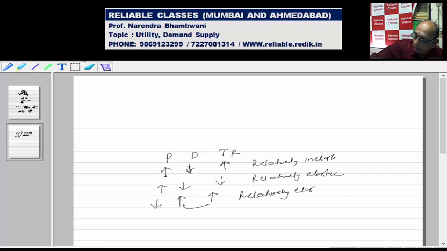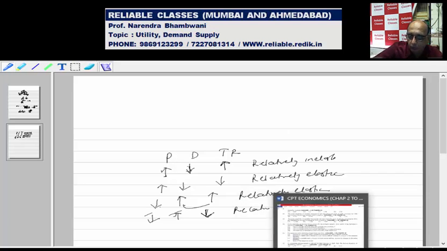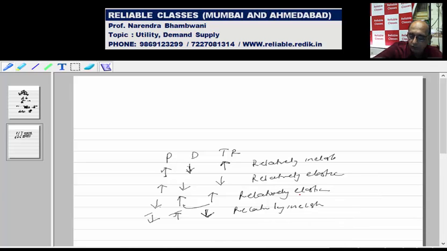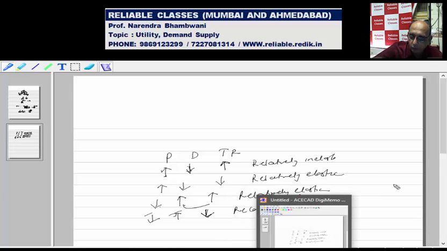Relatively elastic. Demand बहुत बढ़ गया होगा. Price कम किया, demand बढ़ा लेकिन बहुत नहीं बढ़ा, तो price कम हुआ, तो relatively inelastic. It means price and demand always go in opposite direction. If total revenue follows demand, it is elastic. If it is following price, it is